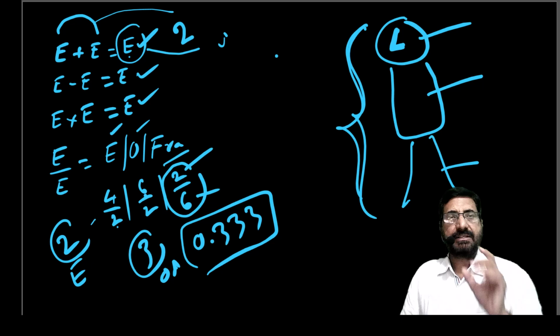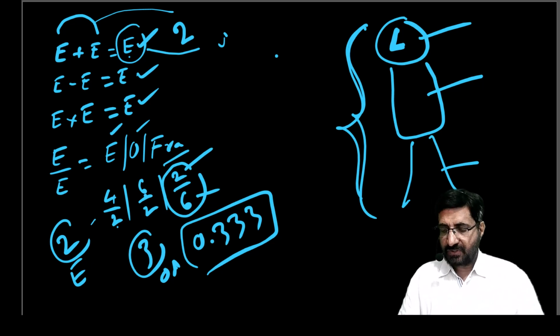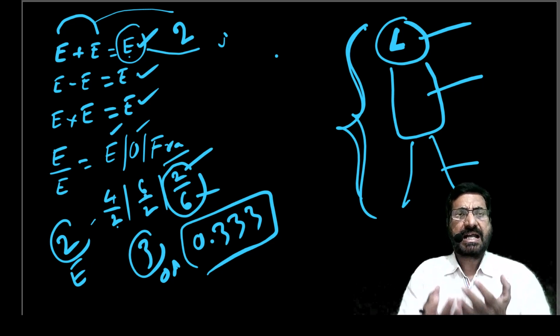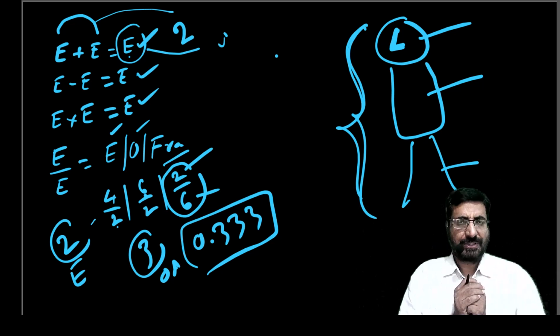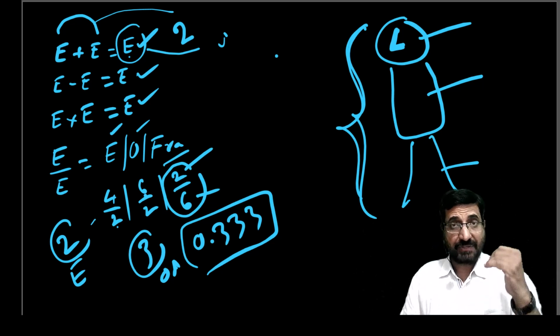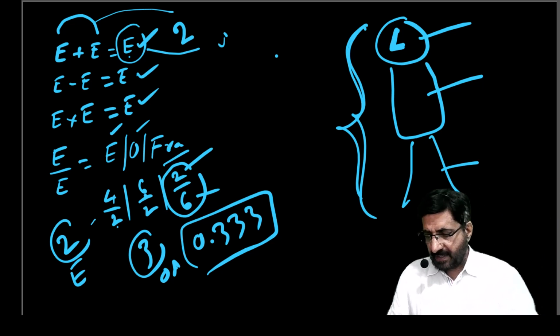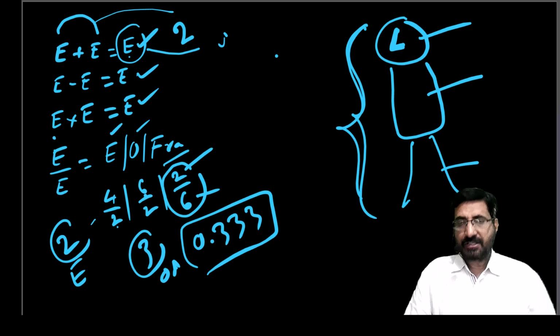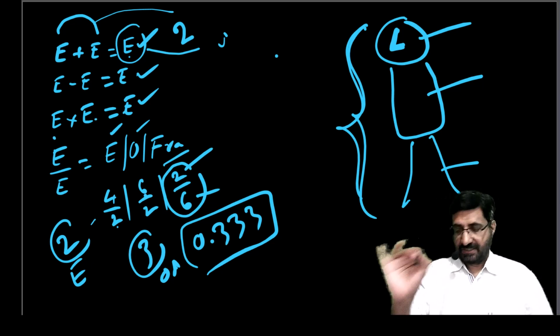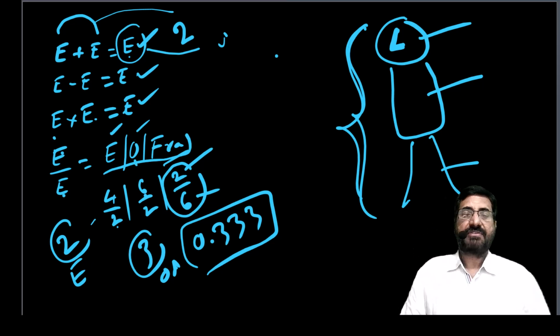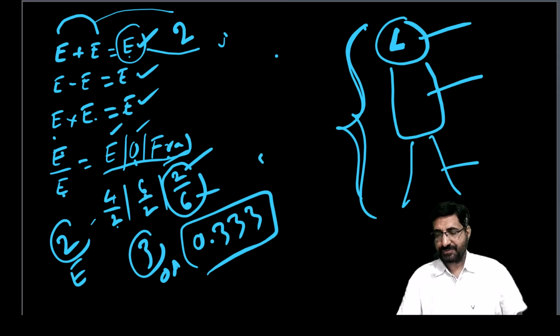When you subtract one even number from another even number, again you are going to get an even number. Whatever may be the number of times you add or subtract, you are going to get an even number. This is very, very important. I tell you why. You will understand why I am telling all these simple things when we move forward. Okay, then you multiply one even number with another even number, again you are going to get an even number. When you divide one even number by another even number, you are not going to get only an even number, but you are going to get odd also and fraction also in different cases like this.